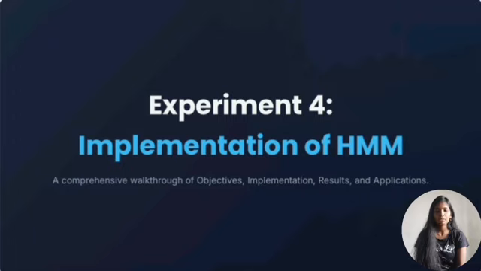To start, let's define what we are actually doing in many real-world systems. We want to understand a process that we cannot directly observe. We can only see the byproduct or the outputs of the process. This is the exact problem a hidden Markov model is designed to solve. So let's move to the first slide.